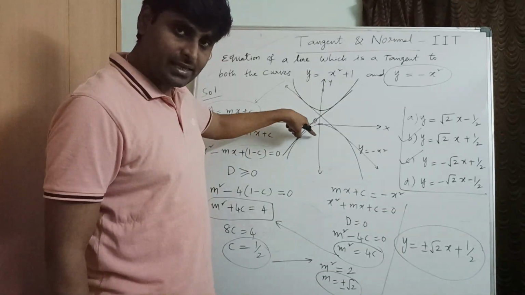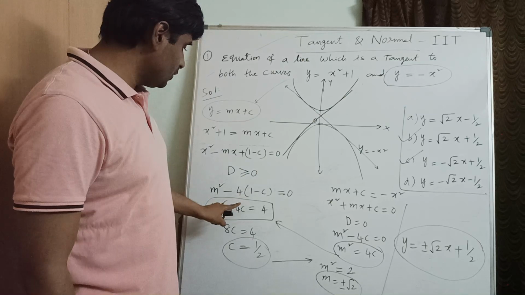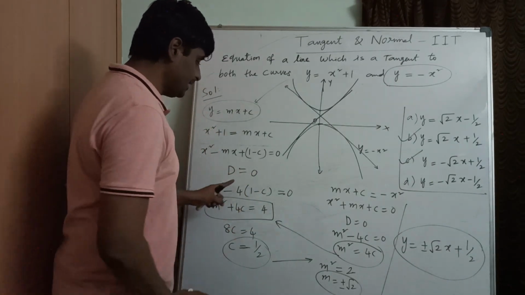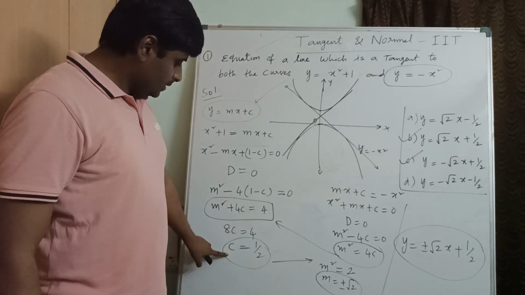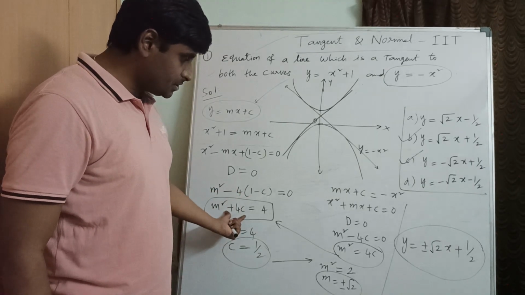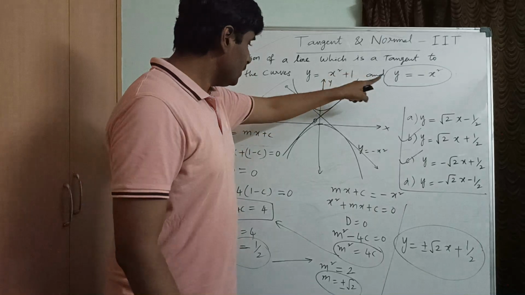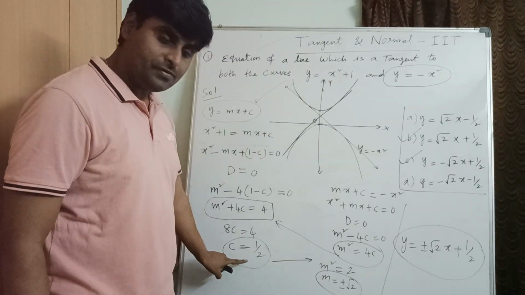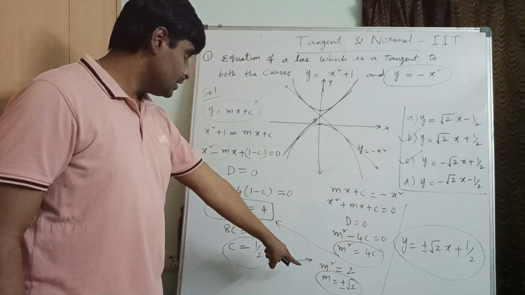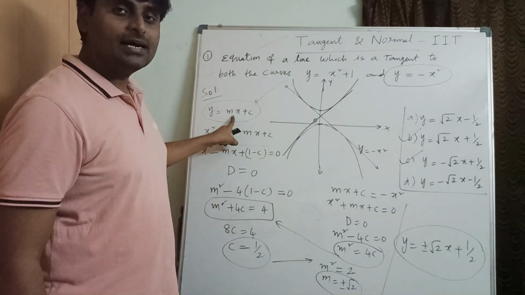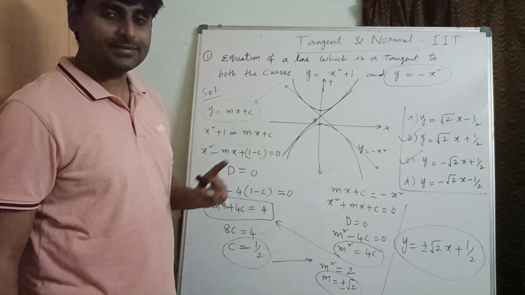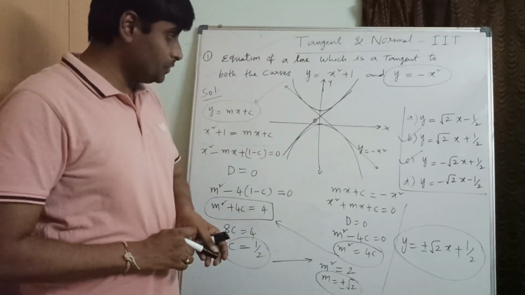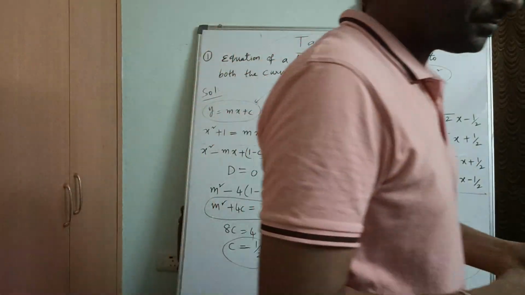Okay. So common tangent, that is the reason we are going to equate discriminant equal to 0. So from that we'll get one condition, and from this also we'll get one more condition. By solving these, we'll get the value of c and m. If you substitute here, this duplicate tangent will become original there. Okay, so clear? So hope you have understood. Pause the video, make a note of it.